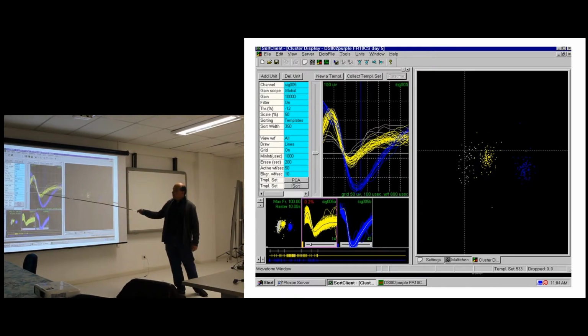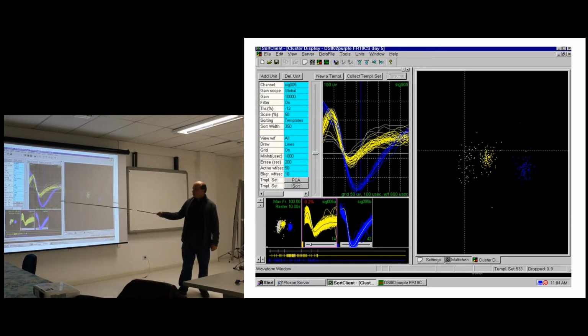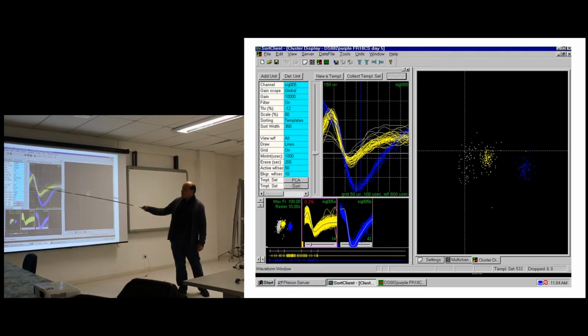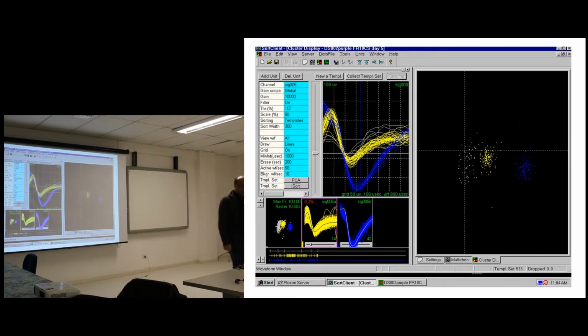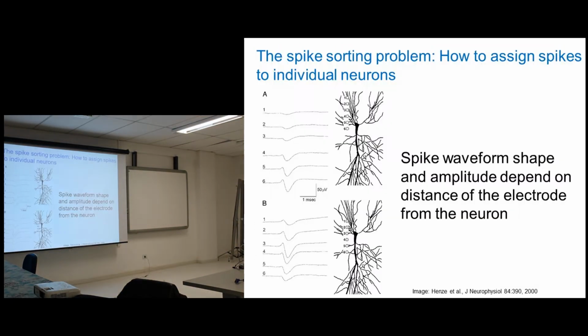And it just shows two action potential waveforms recorded at the same time on the same electrode. You can see that they actually look very, very similar, except that the amplitude is really different for the upgoing phase and the downgoing phase of the action potential. So why is that? That's also illustrated very nicely by this same paper that did the simultaneous intracellular